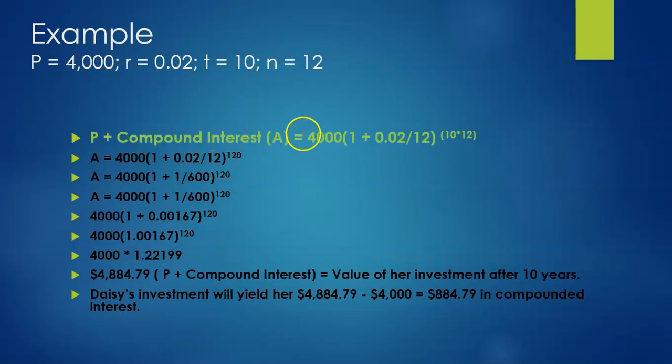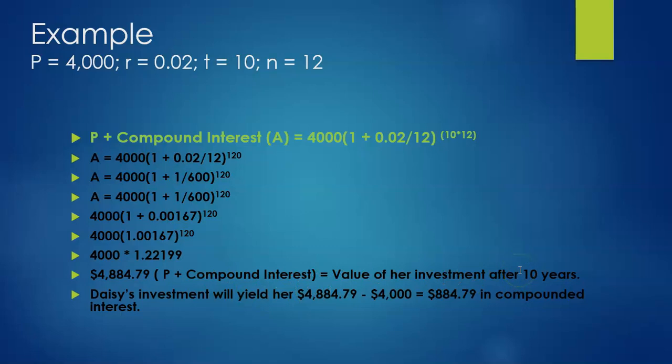We insert this in the principal plus compound interest formula, and that gives us 4,000 times (1 plus 0.02 divided by 12), the whole raised to 10 times 12. Once we simplify this, that gives us 4,000 times (1 plus 0.00167) raised to the power 120, which is nothing but $4,884.79. Please note that this is the principal plus the compound interest, which is the value of the investment